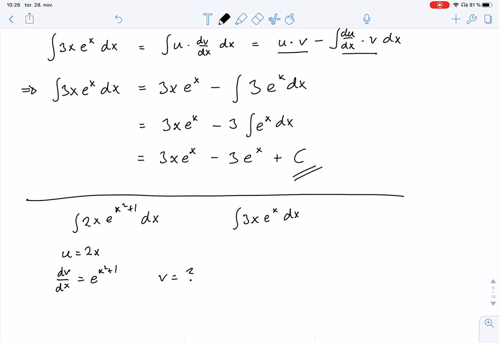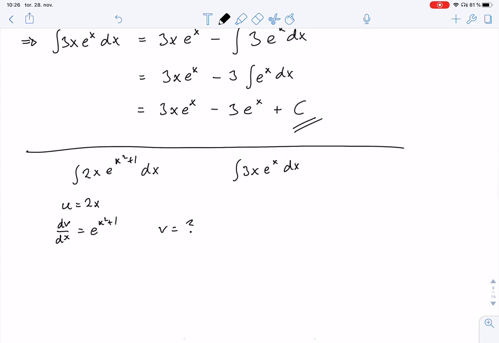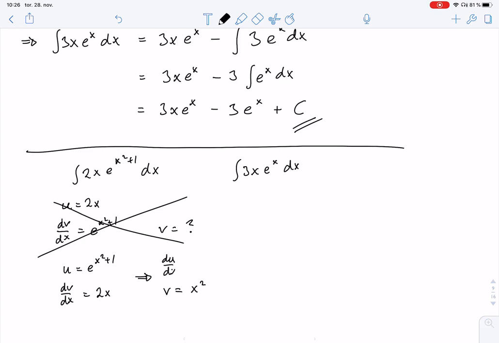So it doesn't really work. I could do it the other way around with u equals e^(x squared plus 1) and dv/dx equals 2x. But then I'll get x squared here. And here I'll get, using the chain rule,